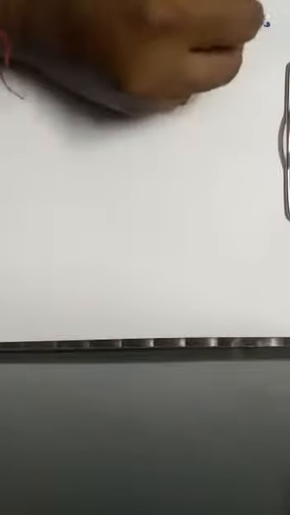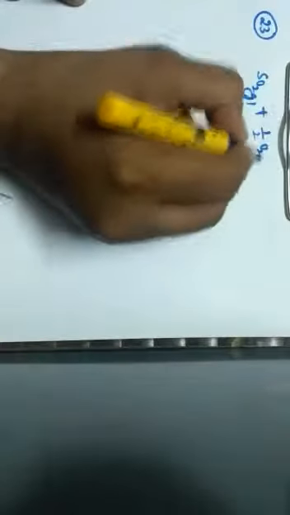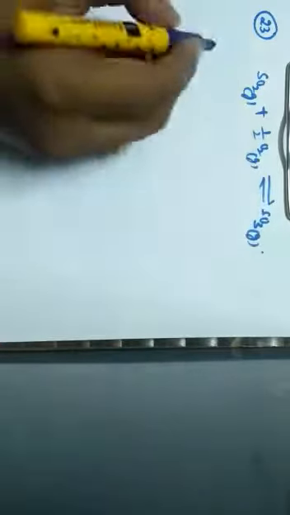Let us continue with the next one. That is question number 23. Consider the following gaseous equilibria with equilibrium constants K1 and K2 respectively. The equilibrium constants are related as. So, it has been given that SO2 in gaseous phase plus half of O2 in gaseous phase, where the reaction is in equilibrium, that will give rise to SO3.